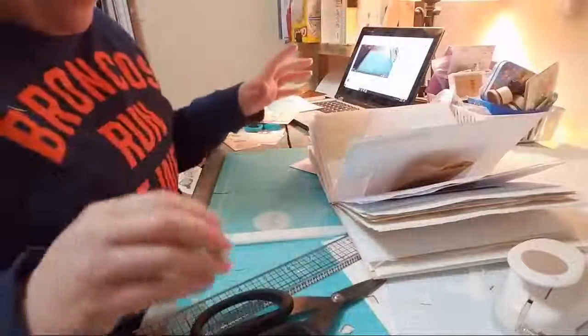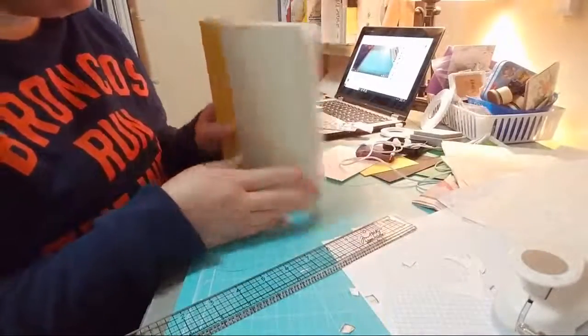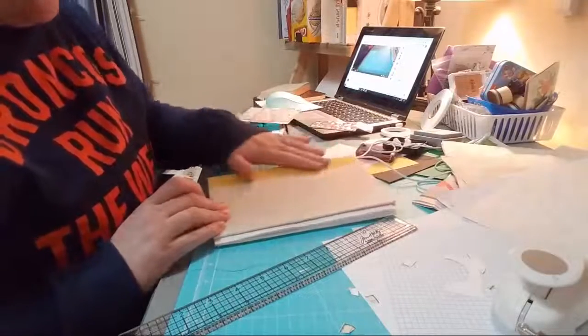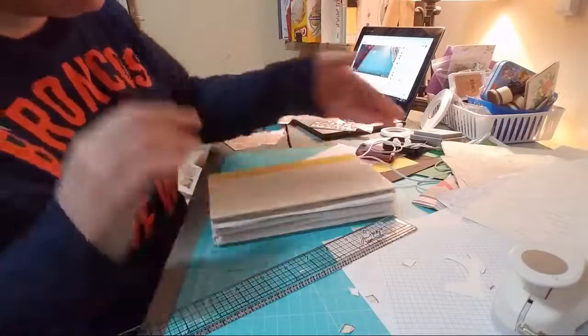Okay, now Paula says that we need to decorate the cover. So, this is my cover. We're only going to decorate probably the white stuff, like the white part, because I really like the yellow. It's like a happy yellow. And since I really like old lady floral,